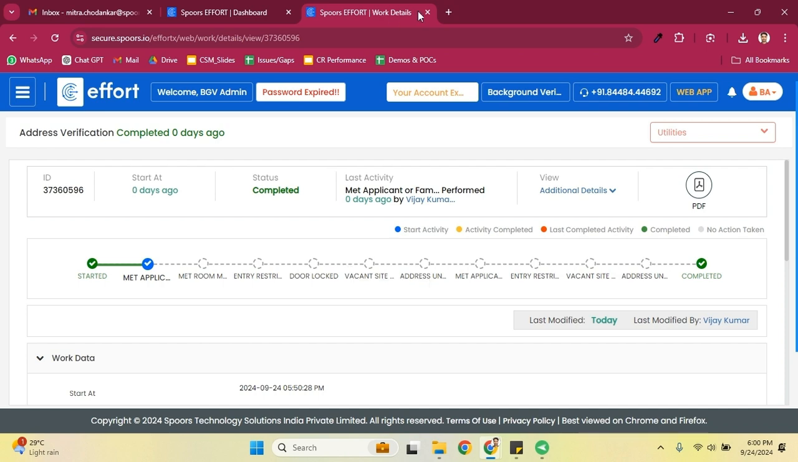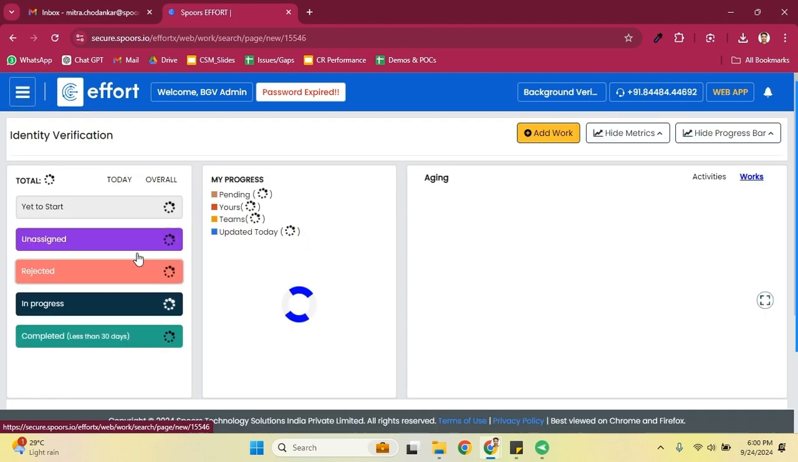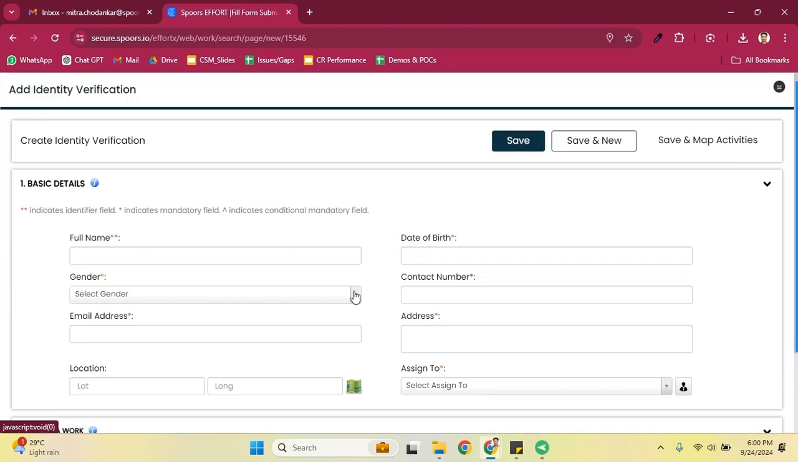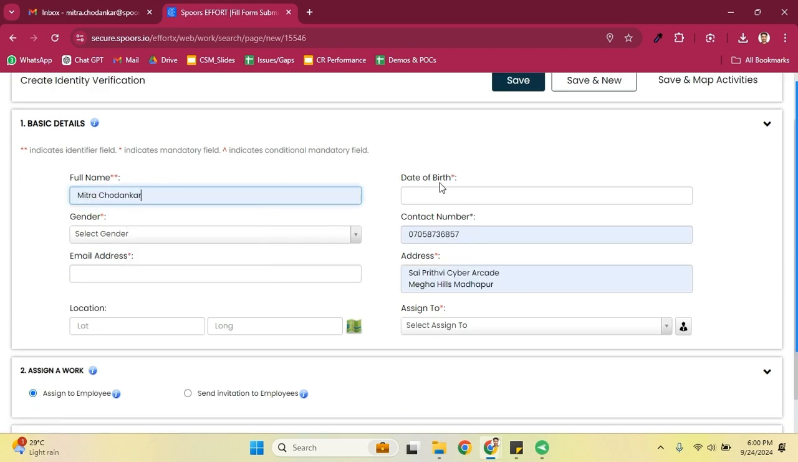Now let us see how we can create an identity verification task and how it can be performed by the agents. So this time I'll click on identity verification, and here I'll click on add work, and here I'll fill in the details of this applicant. So these are the details of this applicant: date of birth, gender,